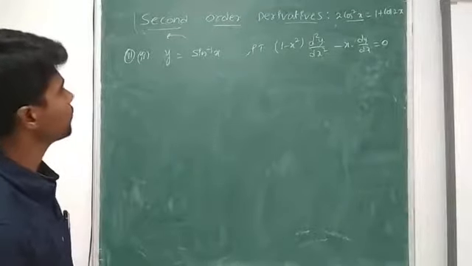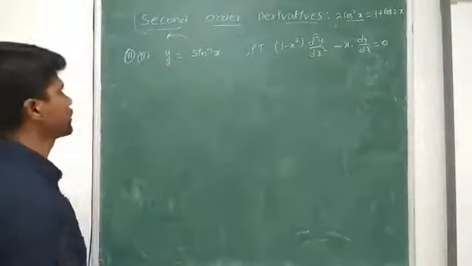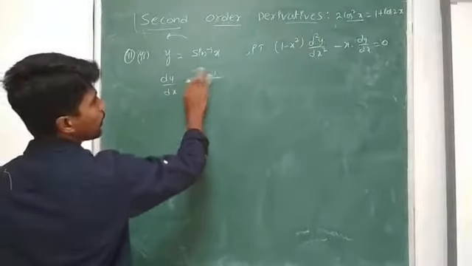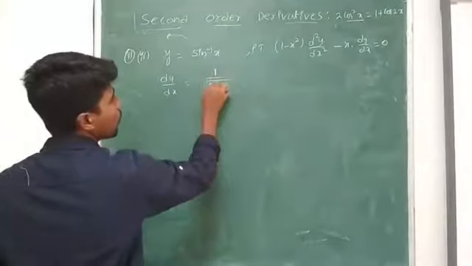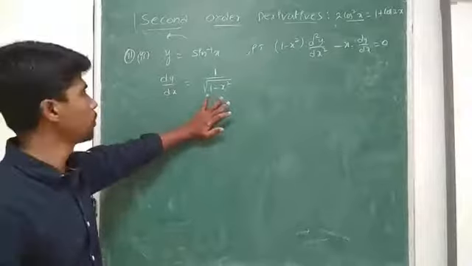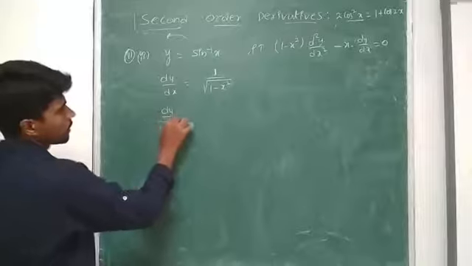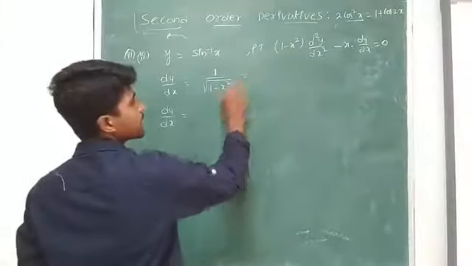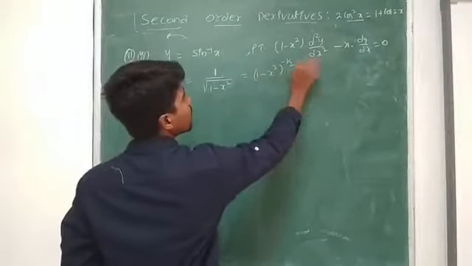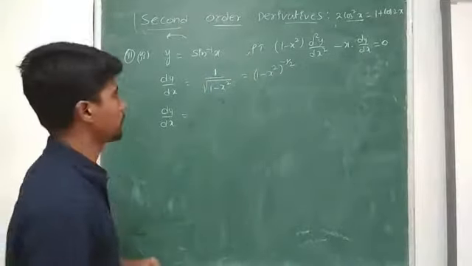So I have to find its second derivative. So for that I have to find its first derivative. First derivative dy by dx equal to 1 by root of 1 minus x square. Derivative of sin inverse x is nothing but 1 by root of 1 minus x square. Second derivative d2y by dx square. So to find it, let me express this in power form. 1 minus x square whole power minus 1 by 2. It's in denominator, actually it's power 1 by 2, so transfer into numerator, minus 1 by 2, right?